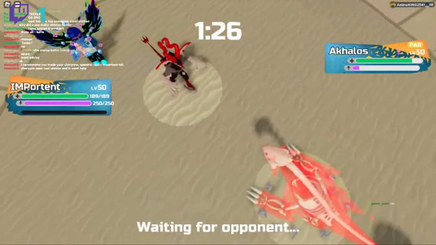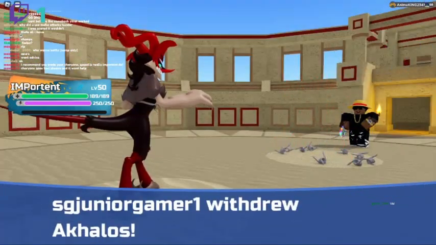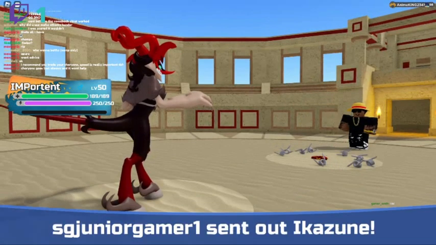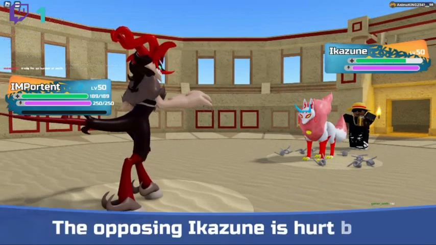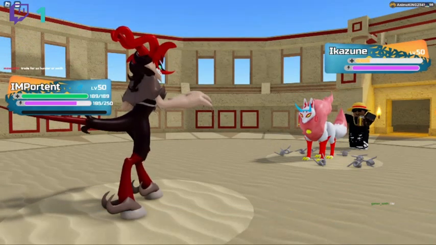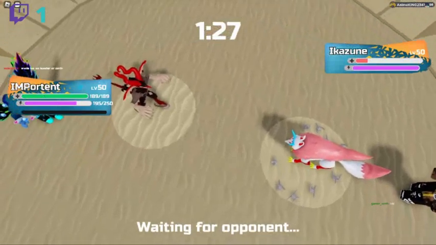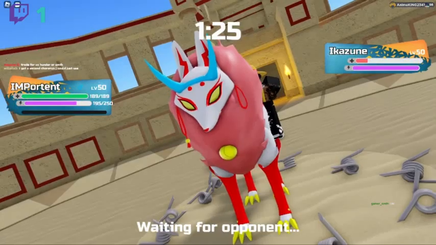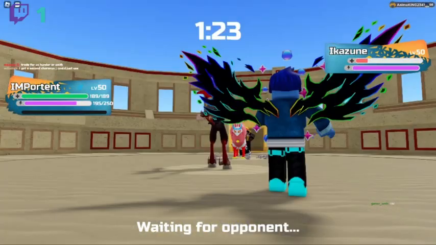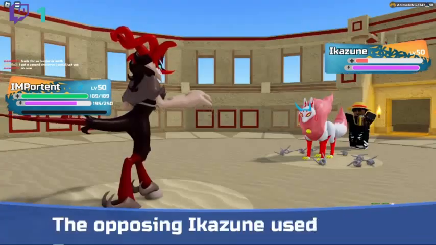So yeah. So next I'm going to swap in important, and this is the part where I'm going to be using a different strategy. So for the first thing, I was going to go for a tribute, but I went for a tricky tactic on this first one to do a little damage on the Caleb's, but then they swap into his Ikazune, which is not a bad option,